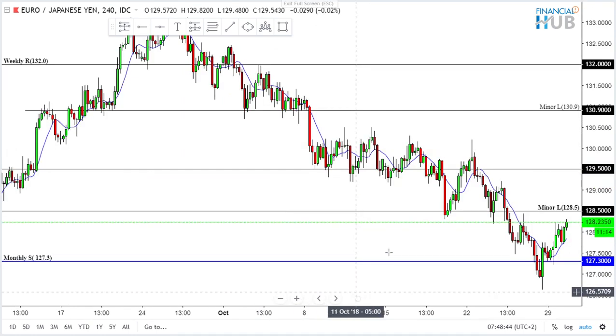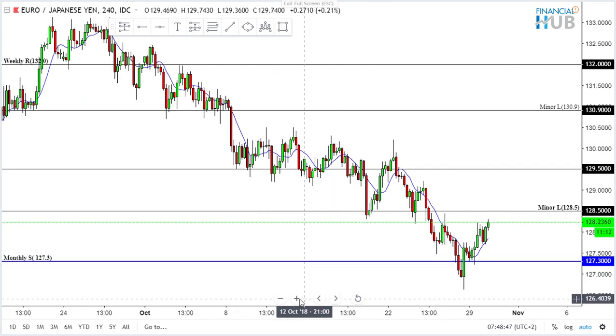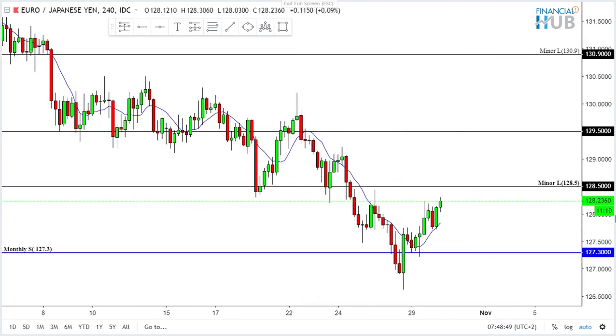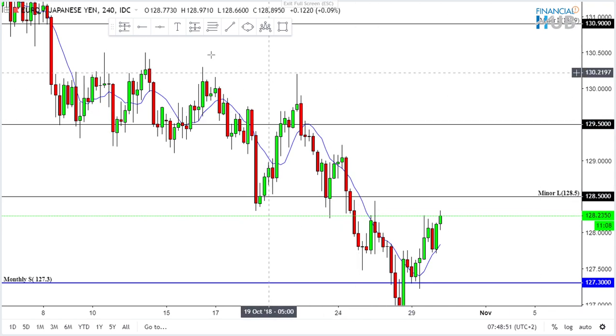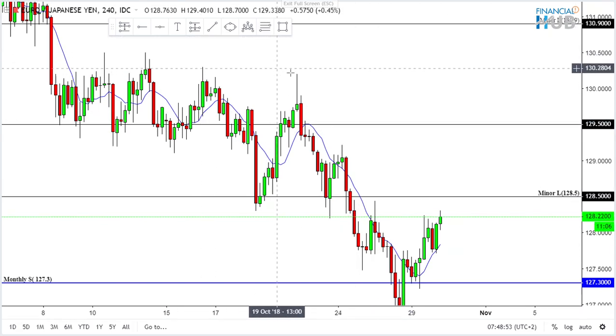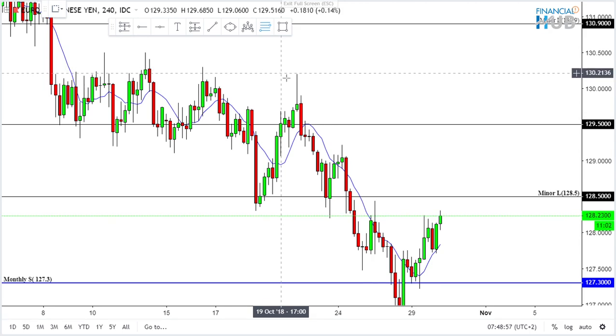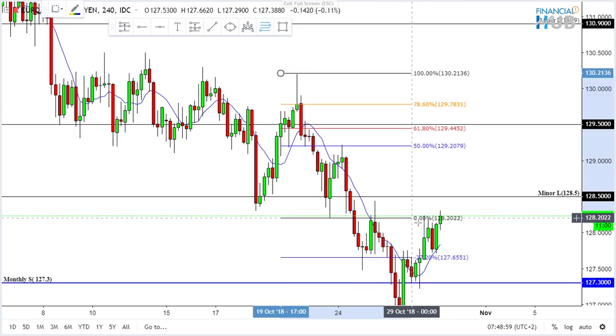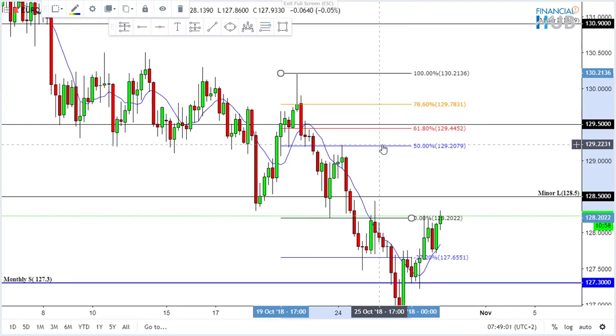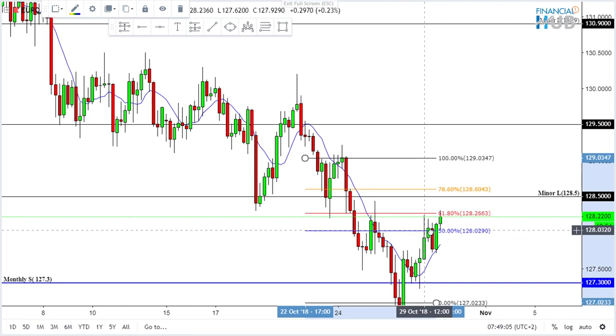So small pullbacks as you are going down, and I'll show you the small pullbacks that will be used as adding points as you are going down, and also as execution points if you are not in the trade. So you can maybe get, this was the first move, had a small pullback to 50%, we went low again, touched the 27.2, had another pullback from this level